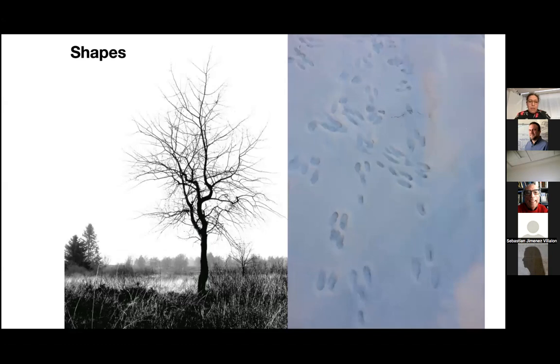And shape is something that I think is easy for people to understand and easy to ask questions about, why things have different forms, why they have different patterns, why things also have similar shapes and patterns in different systems. And these are the questions that are driving my research.